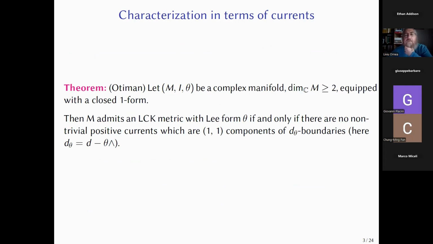There is this characterization in terms of currents, which is the analog of the Harvey-Lawson characterization of Kähler,